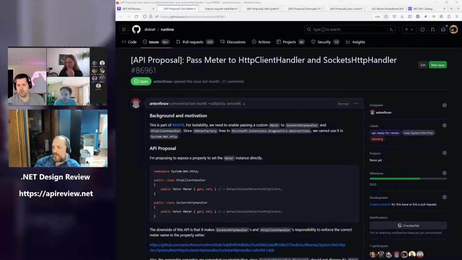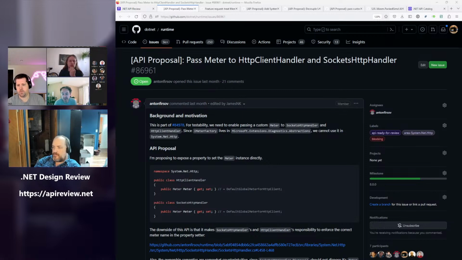What is customizable on the meter itself? You can customize the name, except from what I've heard, we're rejecting anything other than the one name we care about. It's not about customizing the name. It's about verifying that the events were emitted on one particular meter. Yeah, but that's the testing stage. That's not true, what Noah's talking about.